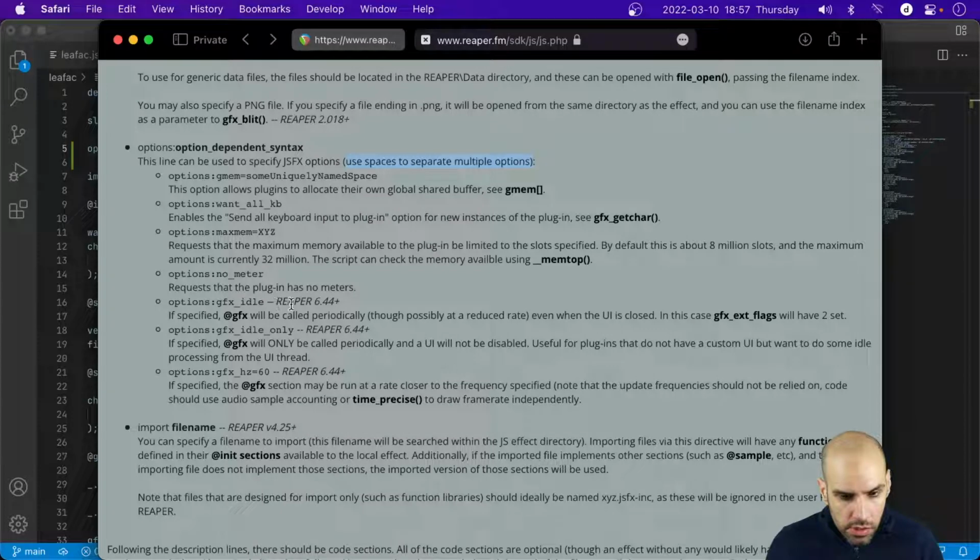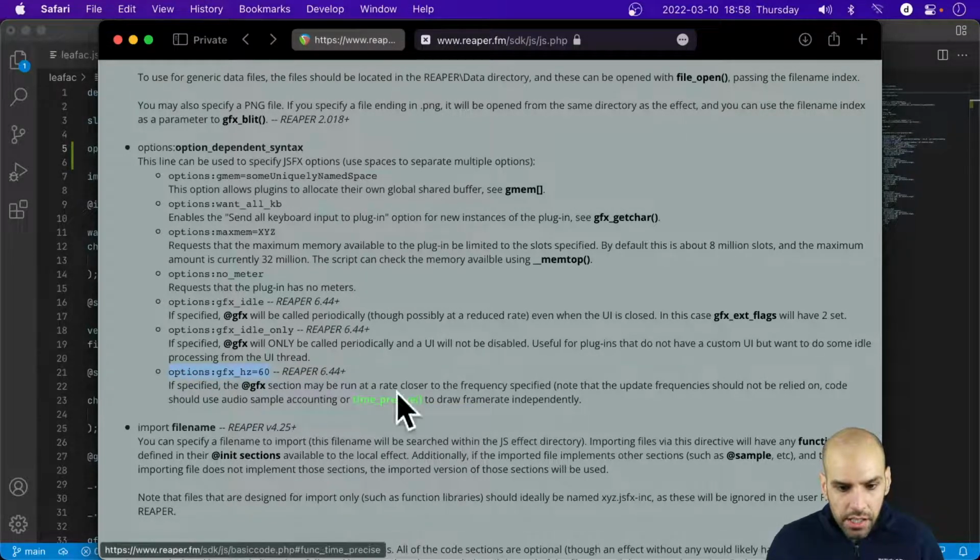Oh. This is interesting. I didn't know. Will only be called periodically and a UI will not be disabled. That's so smart. All right, but this is what we want. And it's relatively recent. Yeah, I think that we will use time